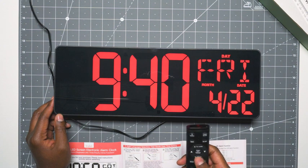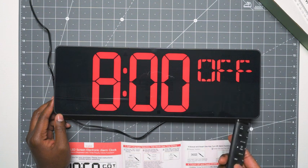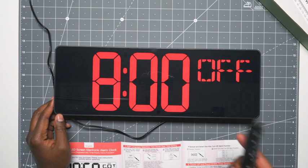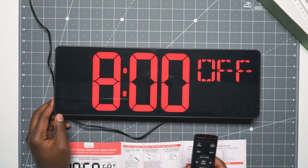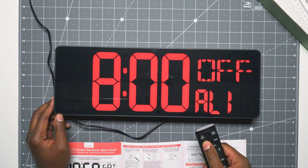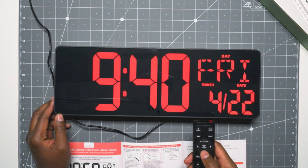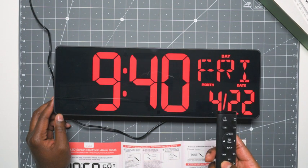If you press the volume, go back to it. That's how loud it is on the loudest setting. It's very loud, so you definitely hear it. You do have to go all the way through it in order to exit out of it. There you go. And then if I press the volume again,